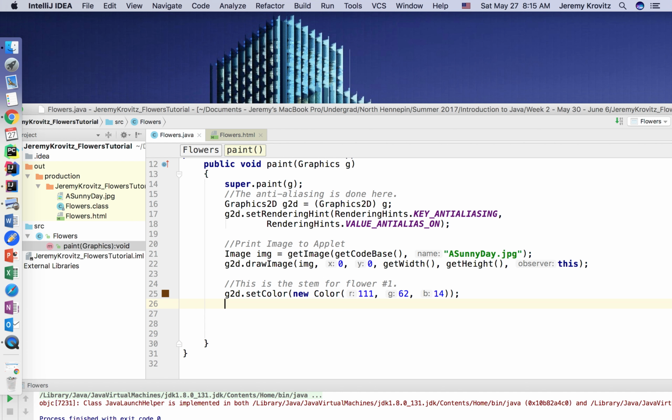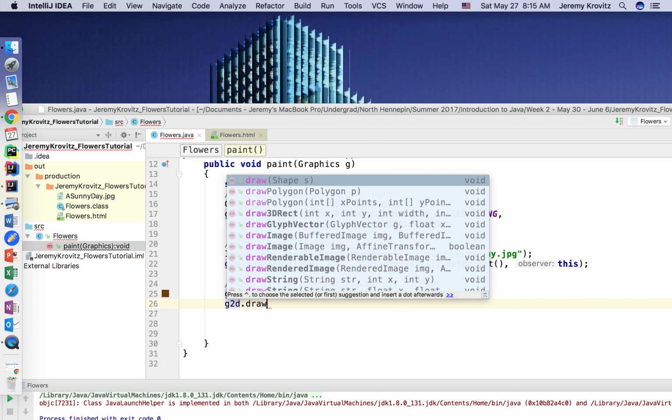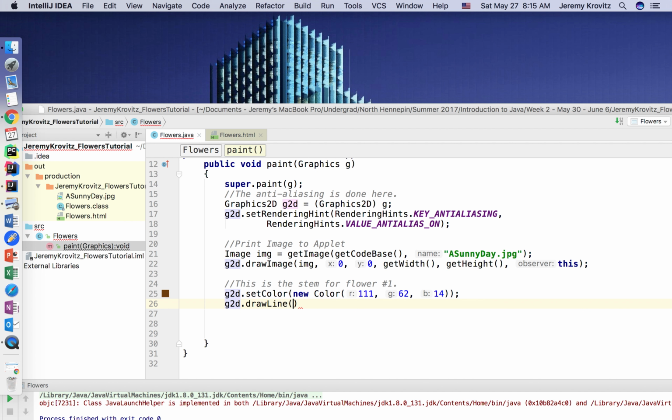So we'll do g2d.drawLine, getWidth divided by 2, getWidth divided by 2,